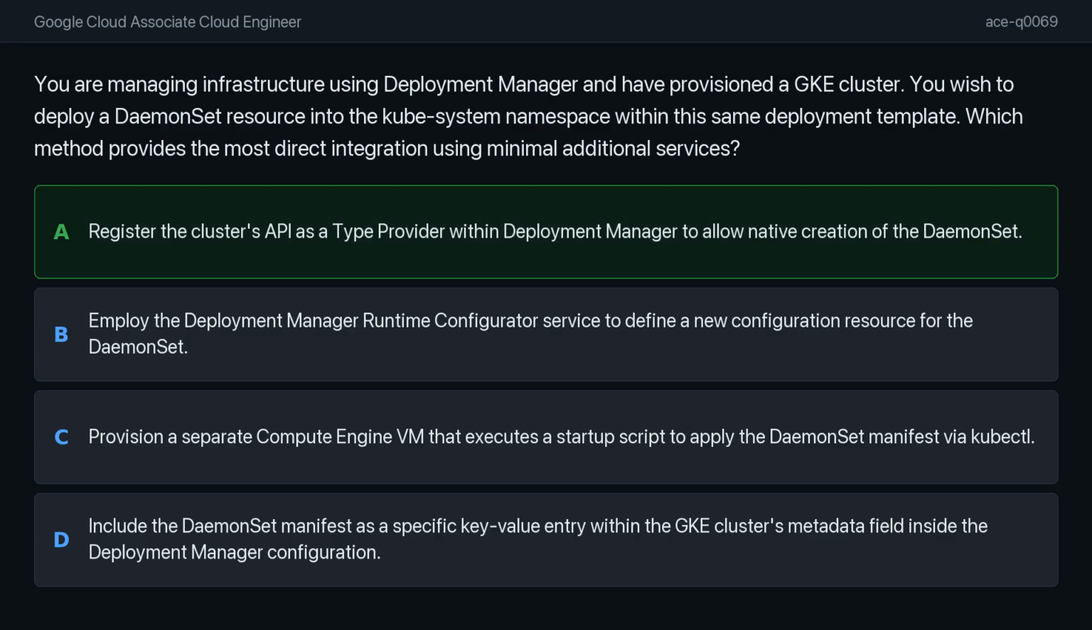In my view, the correct answer is option A. Deployment Manager is designed to manage infrastructure through defined resource types. By registering the Kubernetes API of your GKE cluster as a type provider, you effectively expose the Kubernetes resource model